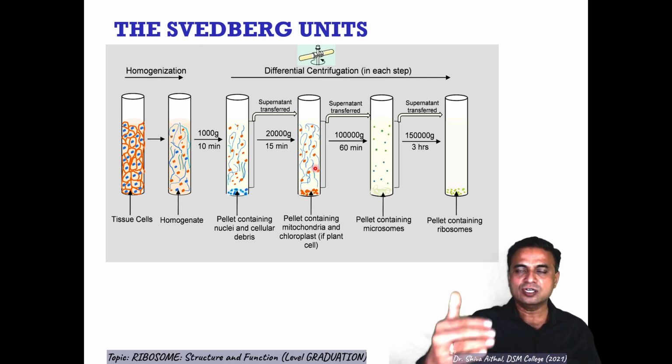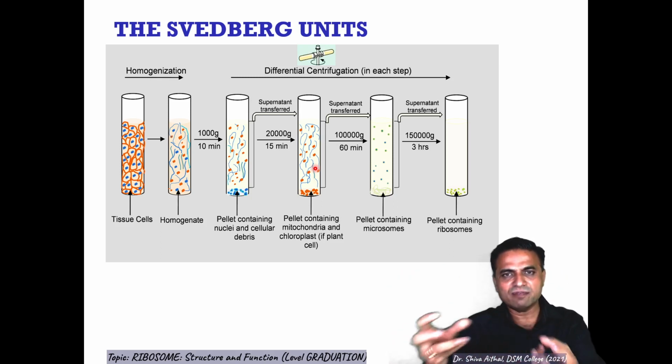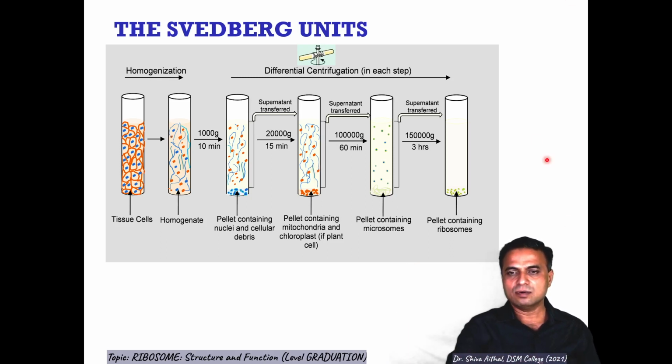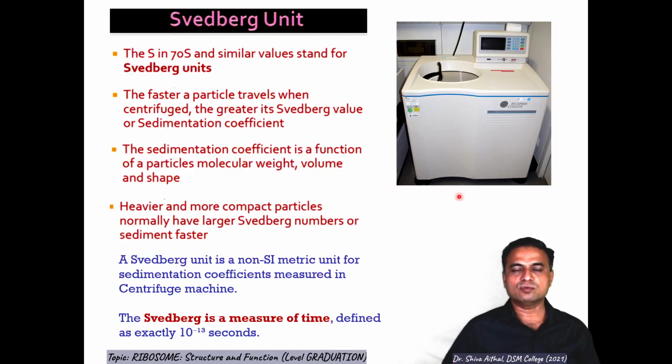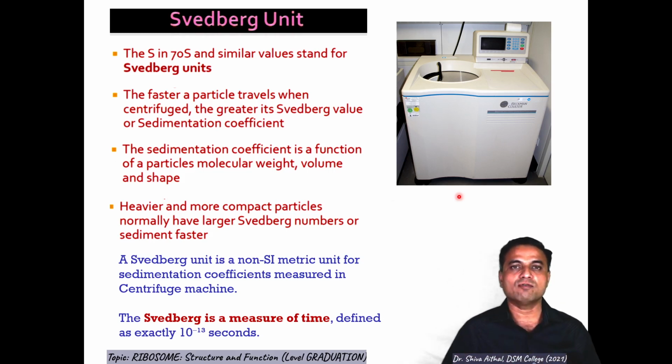At this point in the instrument you can go on fractionating the different components. You will get flagella separately, cell wall separately, RNA, DNA, like that. At one fraction somewhere the pellet will contain ribosomes, inside the centrifuge machine. While doing this process of sedimentation and fractionation, to bring out the ribosomes in pure form, scientists observe, and you can also observe, that the faster the particle travels at high speed centrifugation,